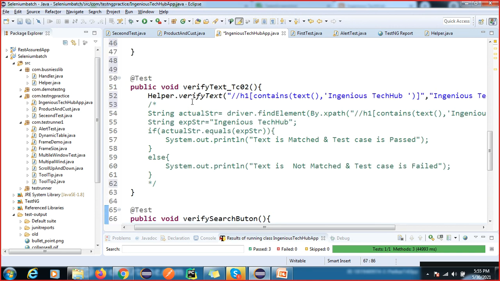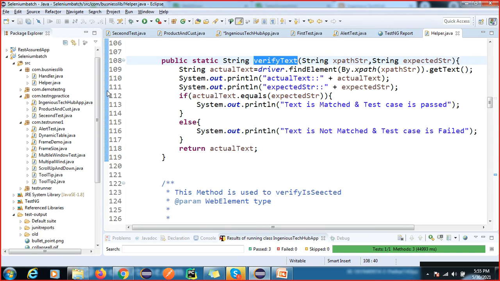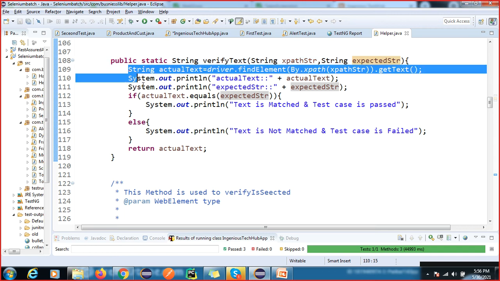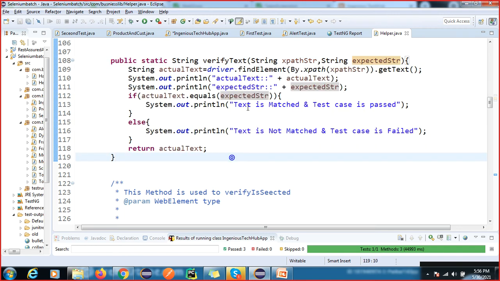Go through that implementation also. Verify text, same thing we have done, but here we are passing two parameters, xpath and expected value, same steps, but we are not doing any hard coding. Here passing the xpath, and here also passing the expected value and verifying the text.